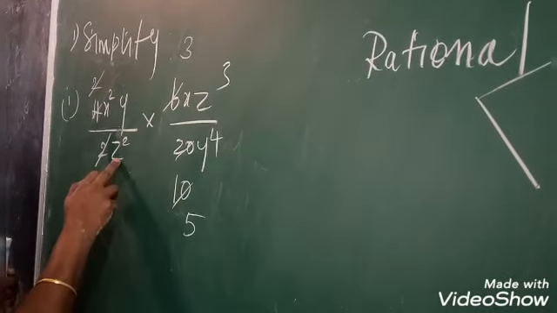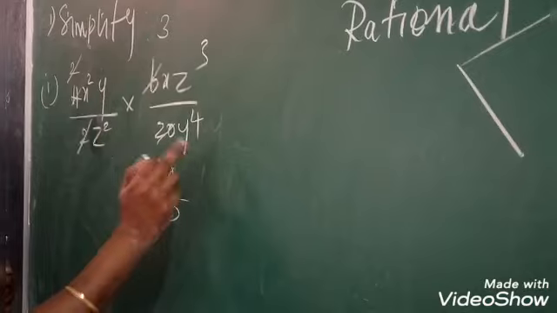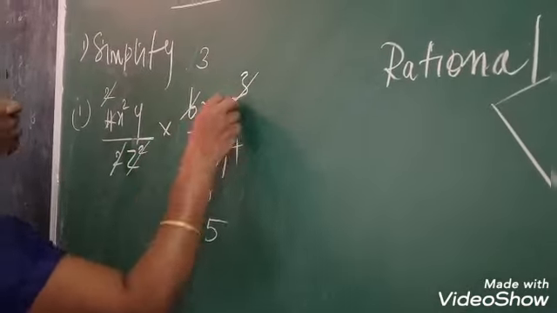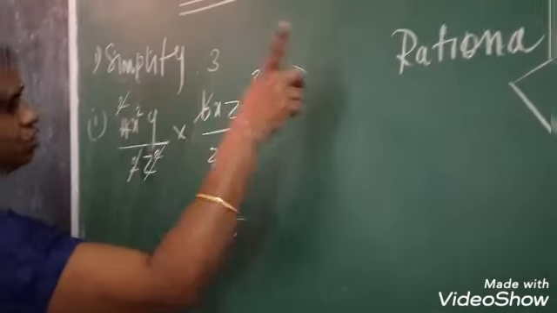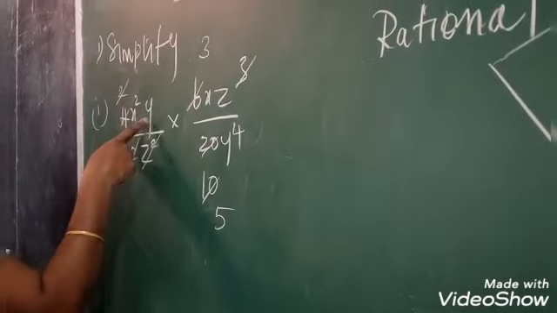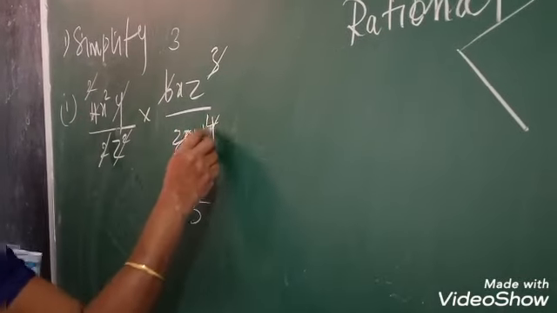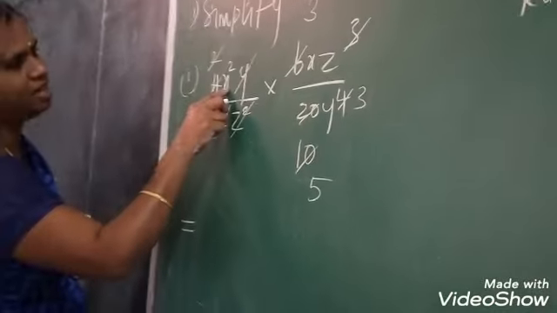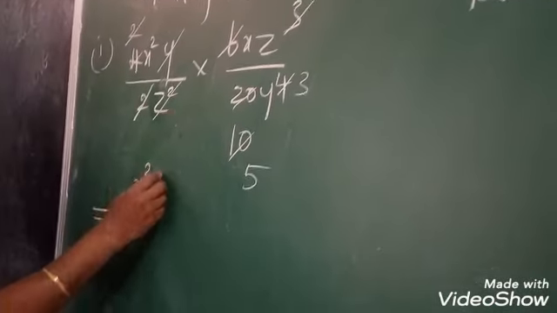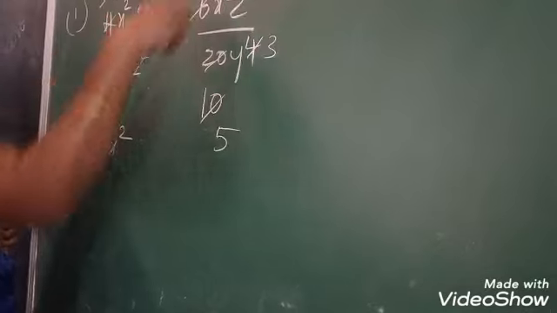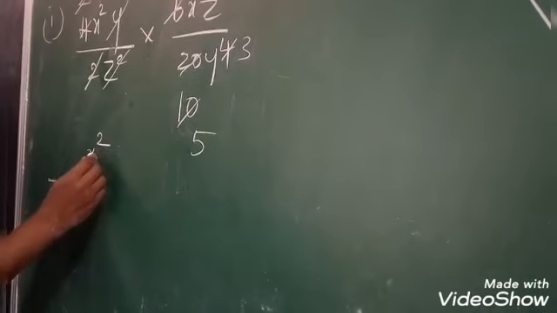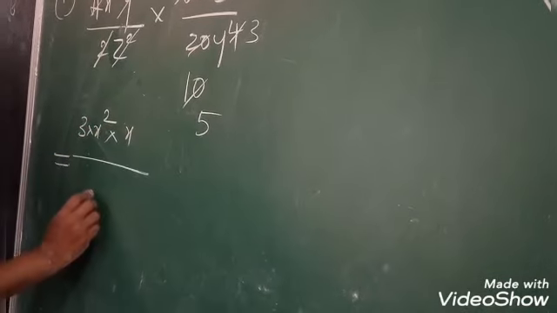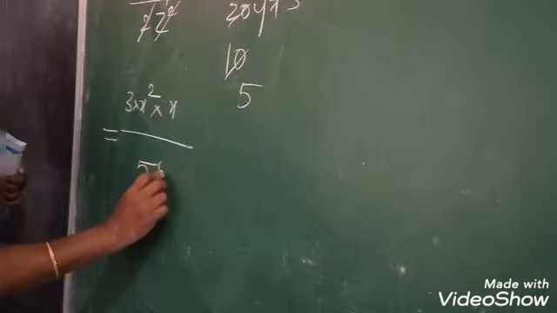For the same base, the powers should be subtracted in division. Here z power 3 minus 2 is to be considered. Here y you have to cancel with y to the power 4, so 1 y should be reduced. What are the remaining in the numerator? x squared is there, then here also one x is there, so 3 times x cubed, divided by the denominator 5y power 3.